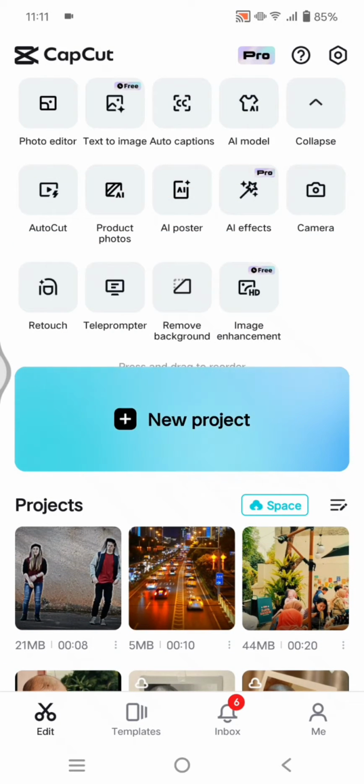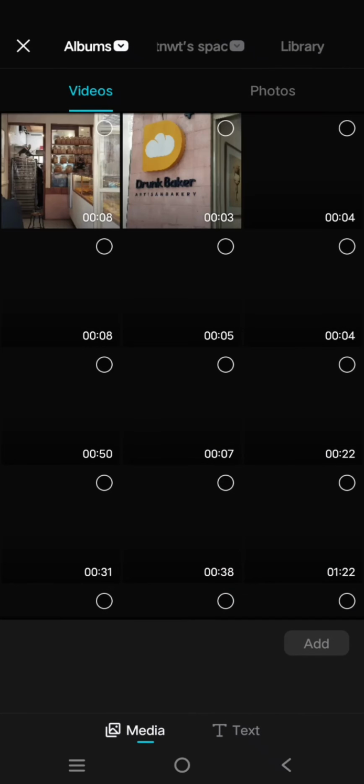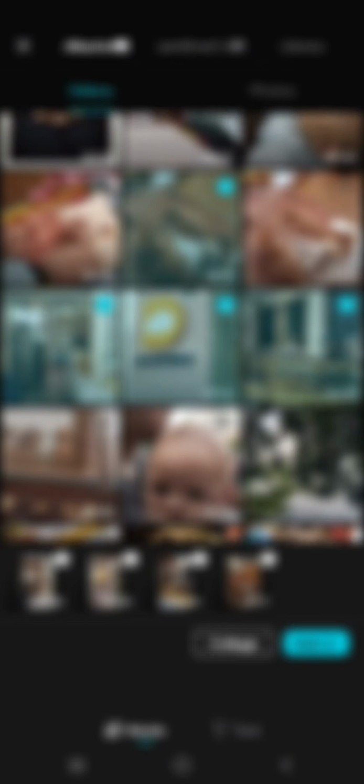On today's tutorial, I'm going to show you how you can make a video collage in the CapCut mobile. So first you can start by clicking on the new project and then just select more than two videos to add into your collage. For example, here I'm going to select these four videos and you can just click on the collage button, and after that,